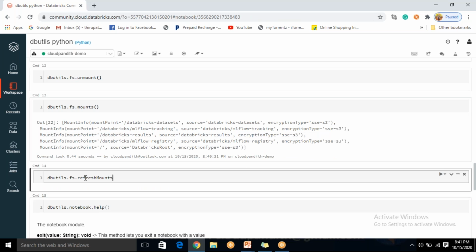Everybody is having the same issue, friends. Screen is not